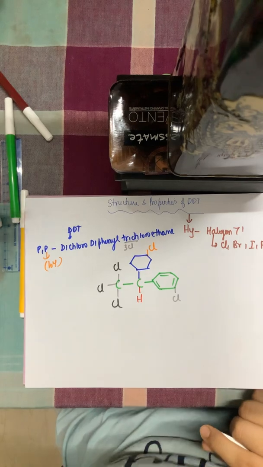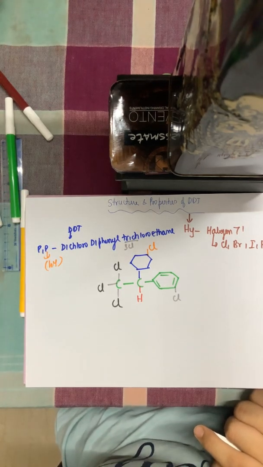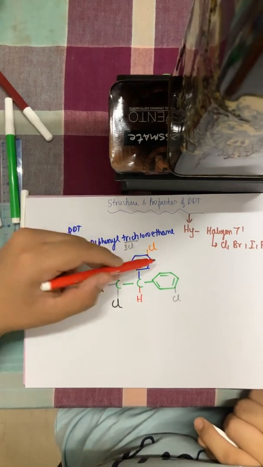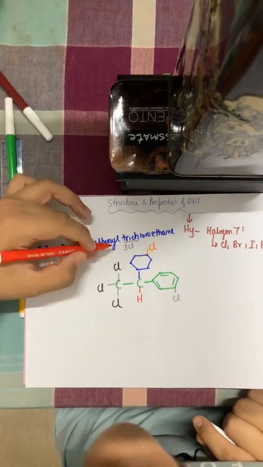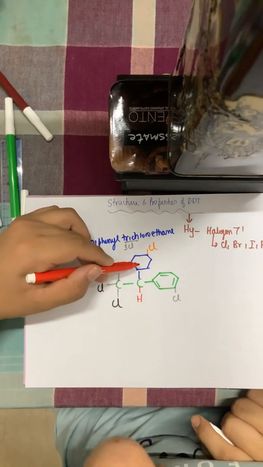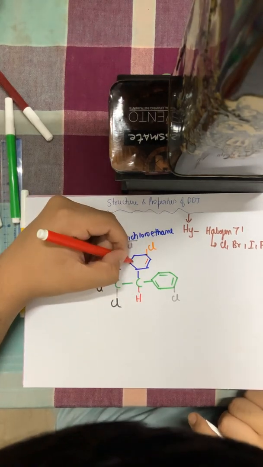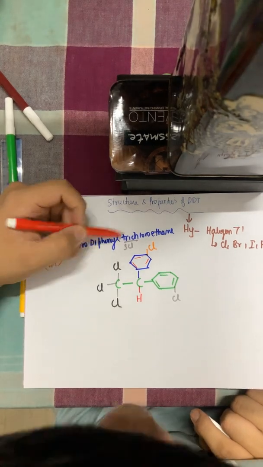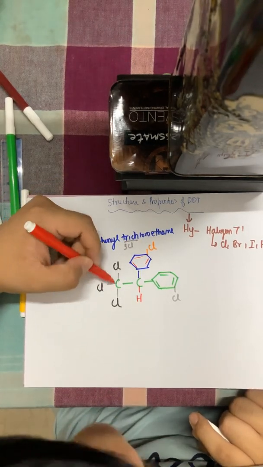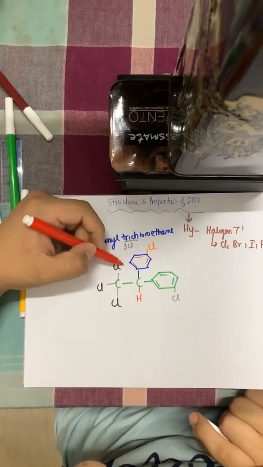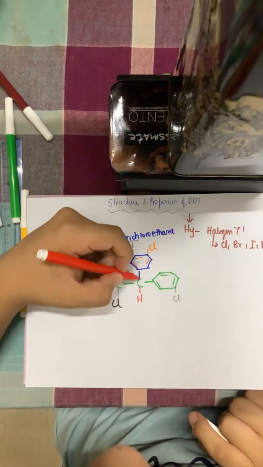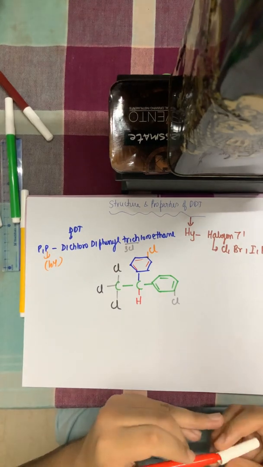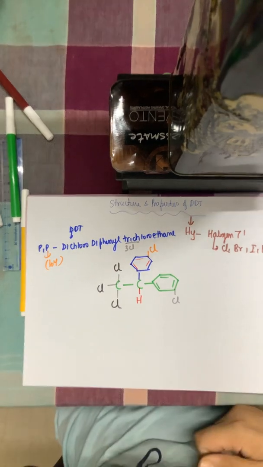So just from the name, we infer the structure of DDT, which is p,p'-dichloro. That means at carbon number 4 of both the phenyls, they will have chloro. Diphenyl means there are 2 phenyl rings, which are substituted benzenes, on one carbon. Trichloroethane means on the next carbon there are 3 chlorines. After which we check that this carbon already has 4 bonds, so it is satisfied. This carbon has 3 bonds, so to complete the 4 bonds, I keep the hydrogen and the structure is completed. So this is how we infer the structure of DDT.